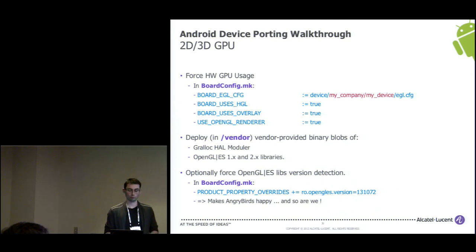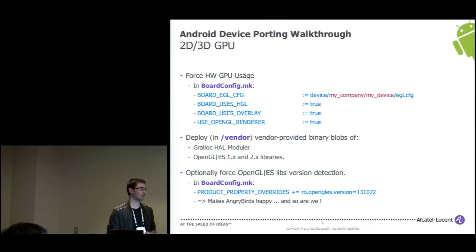So what you need to do is, again, modify the board config.mk file and specify a few new rules to provide the support for the Gralloc HAL module, but also for the OpenGL GLES 1.x and 2.x modules that have been provided by your vendor. You want to deploy them into /vendor, and for that, you modify the board config.mk file and modify a lot of things in order to say, put these files and include them in my system image.